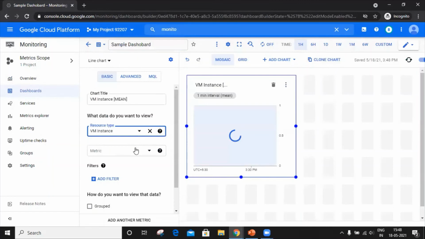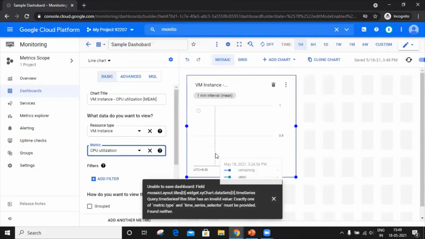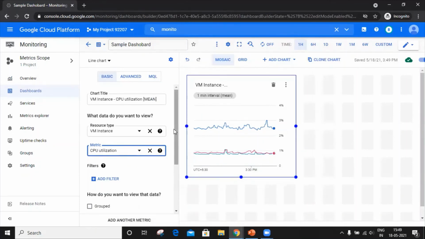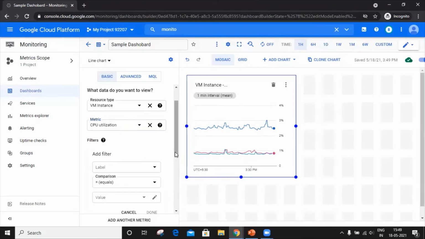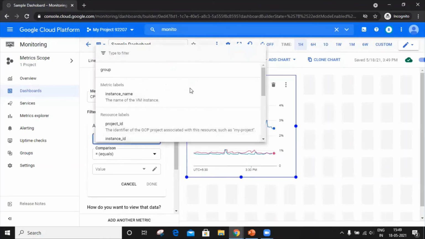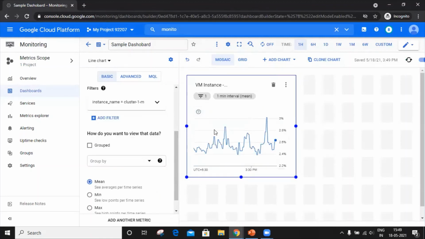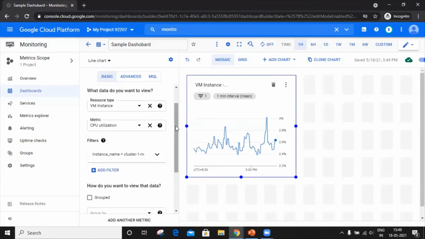Now, suppose the same thing if I see in a VM instance and I check CPU utilization, there's a cluster with one master node and two worker nodes. So there are three different colors visible. Now, when you hover here and see, the blue is master and the pink and green are worker nodes. Now we can add a filter, like specifically, if I want to check only either master or worker, I can mention. Suppose I want to analyze only master, I can add the filter. Now only the master would be visible, the performance of only the master node, the CPU utilization of the master node.